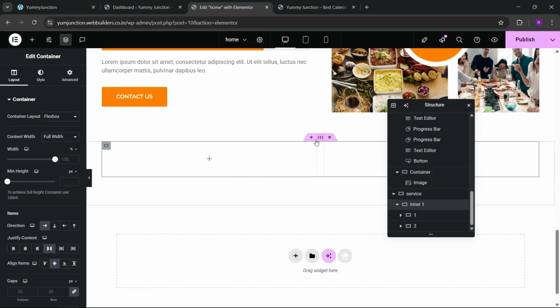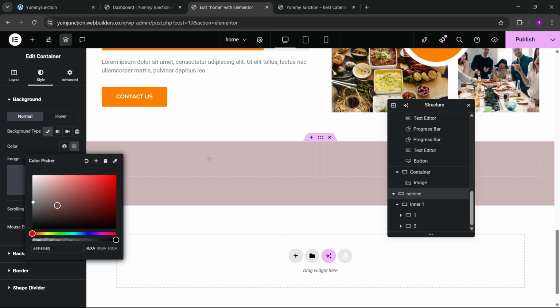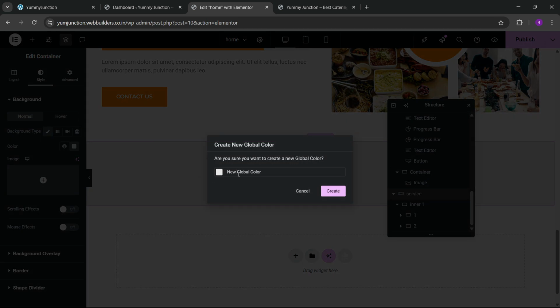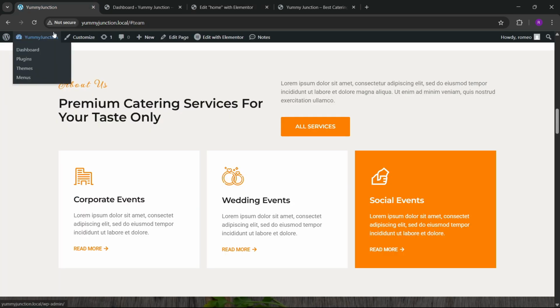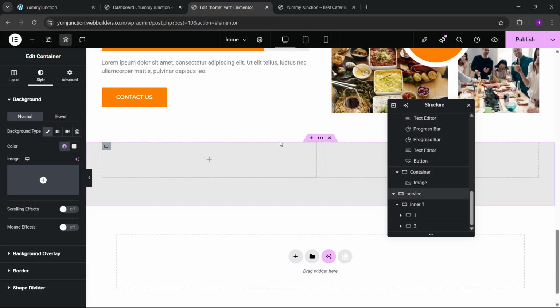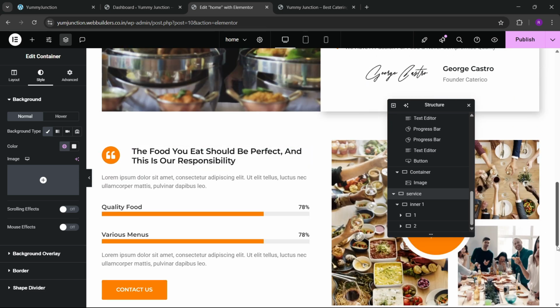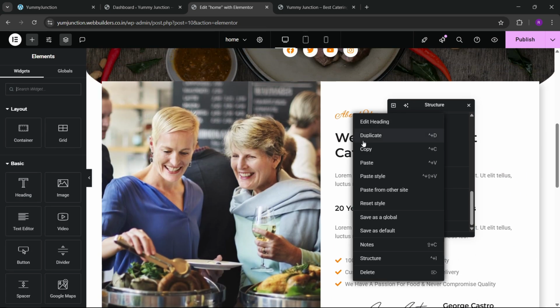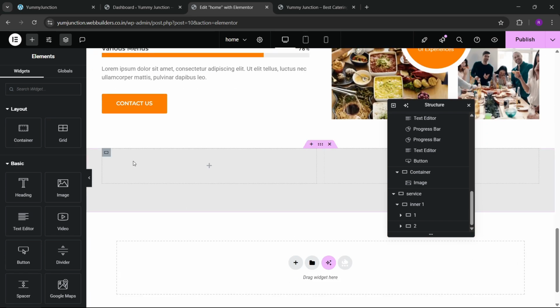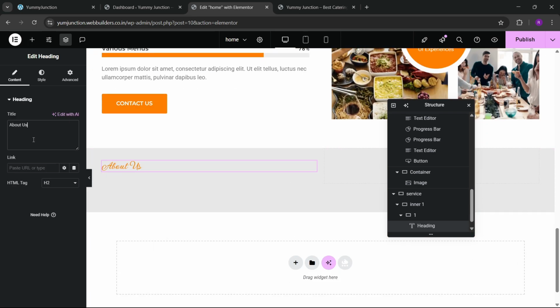So first we have to add this color. Okay, we can add this color here. We can name this color here gray beige. Okay, now you can see that if I go to the top, we have this, so we can copy this and we can go here, and here we can write services. Okay, then we can go to the top again,